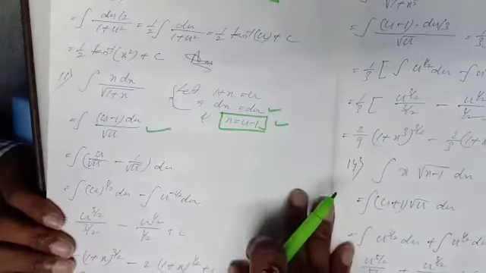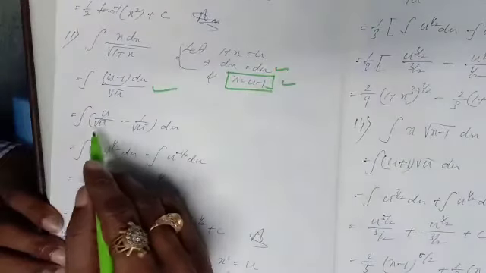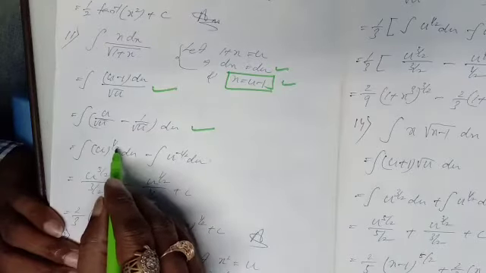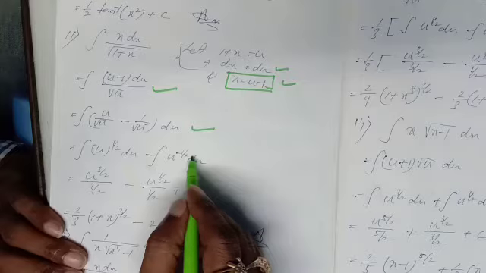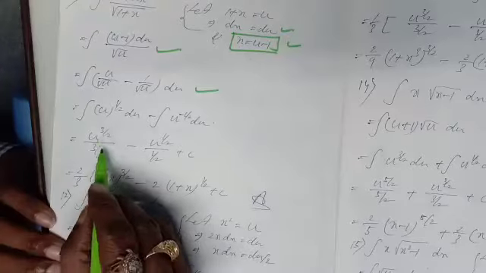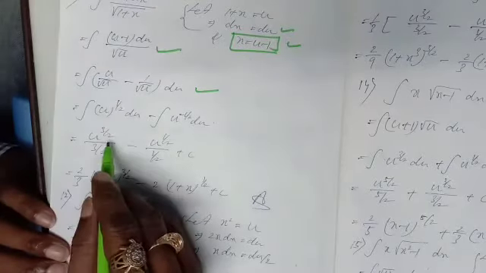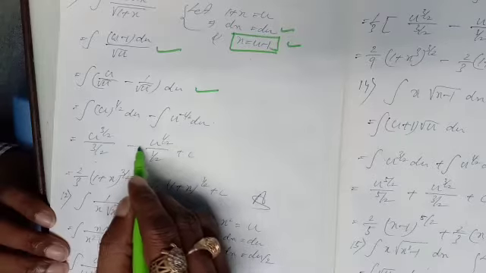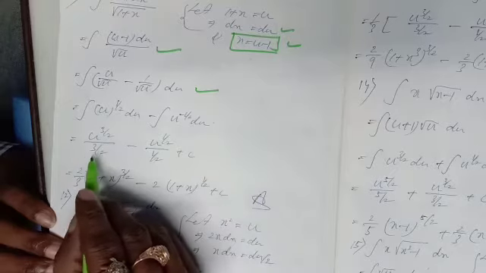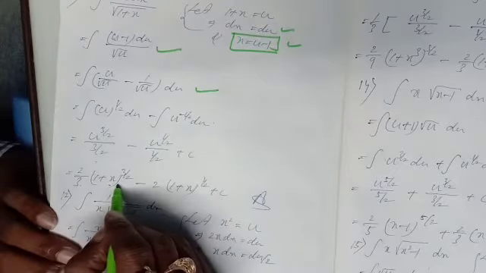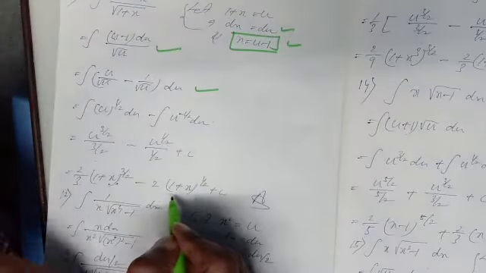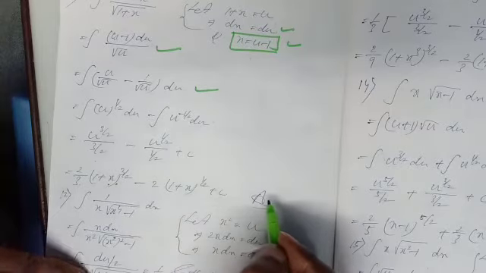Now separate. After separating, you are getting u by root over u minus 1 by root over u du. This will be nothing but u to the power 1 by 2 and this is u to the power minus 1 by 2 du. As for the formula integration, this will be u to the power 3 by 2 by 3 by 2, minus u to the power half by half. So this is coming 2 by 3, u means 1 plus x, put the value. 1 plus x whole to the power 3 by 2, and here 2 into 1 plus x whole to the power 1 by 2. This is the answer of number 11.